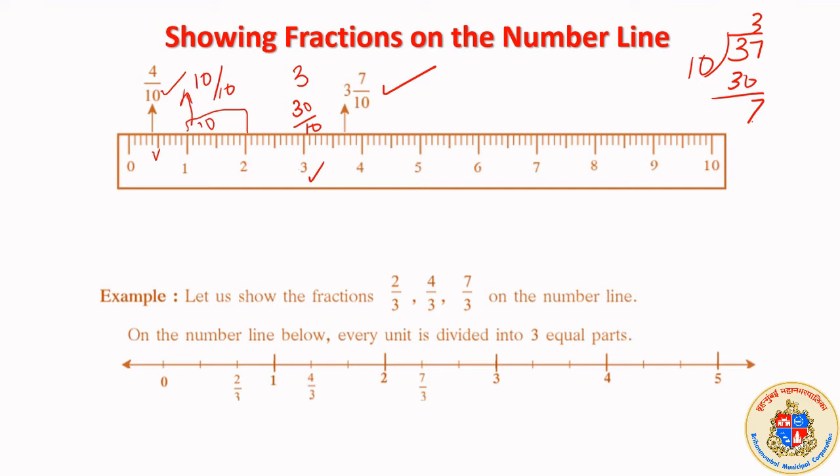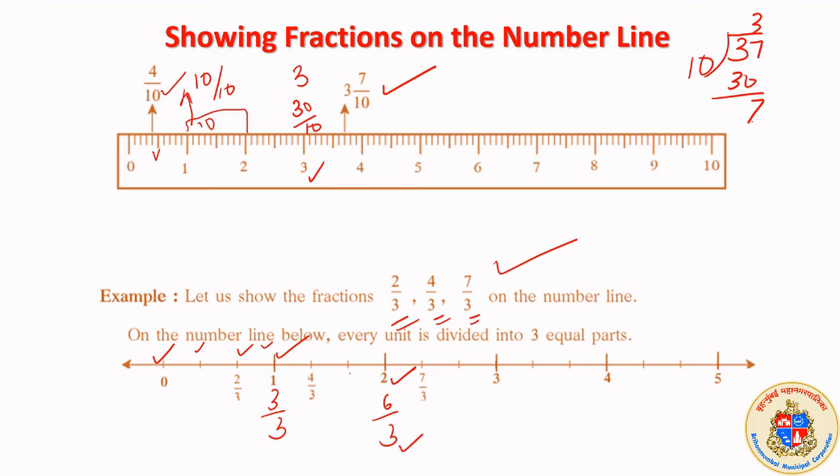So a number line is having two important things. One is the number itself. Second is how many divisions are there in between consecutive numbers. This is very important. Here you see the second example. Here you are having 3 divisions in between. That is why denominator is 3. This is 0, and here it is 1. Between that 1, 2, 3. This is 3 upon 3, which is equal to 1. Understood? So this is 4 upon 3. This is 5 upon 3. This is 6 upon 3. That is why it is 2.